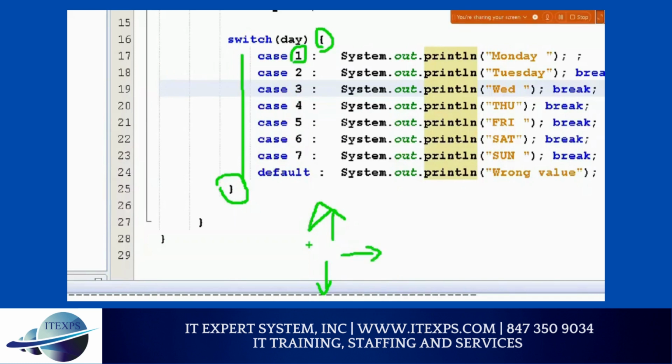So when you're playing a game, you might be using up arrow, down arrow, side arrow. Yes or no? When you use the up arrow, you are using one case. In that case, the system will go maybe 20 steps up. Make sense or no? But let's say you do the left arrow, then the system will go 20 steps to the left. If you do the right arrow, then the system will go 20 steps to the right. Are we understanding? So when you play a game, you're actually using case. And so the case statement is very popular, very easy based on what you are doing. If you know only one action is going to happen, then people use case statements. If you need multiple, then you should use if statements. Question, concerns, doubt.